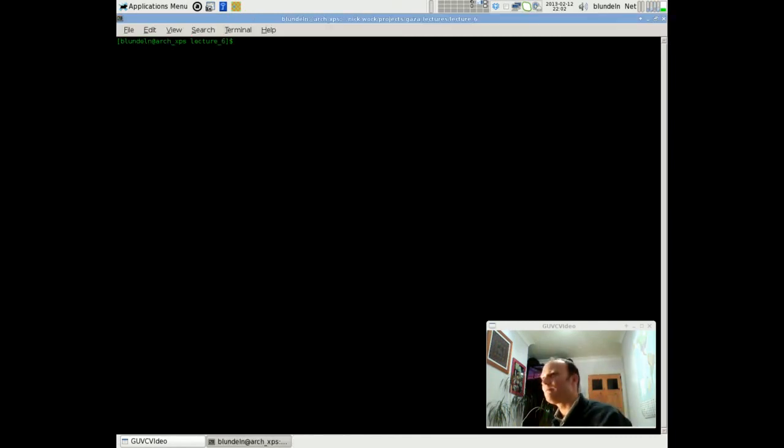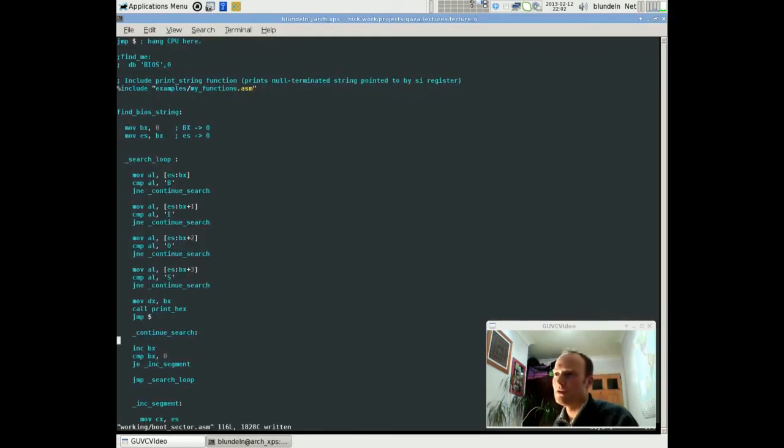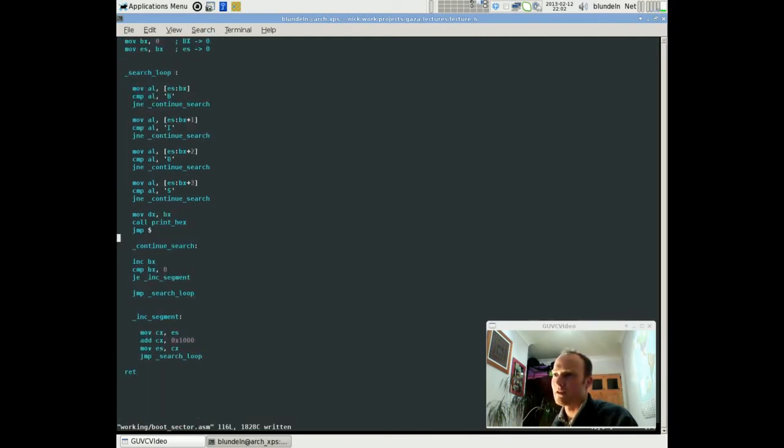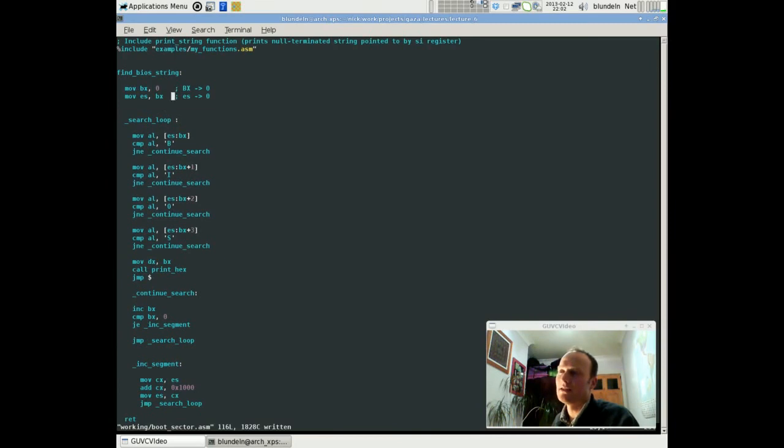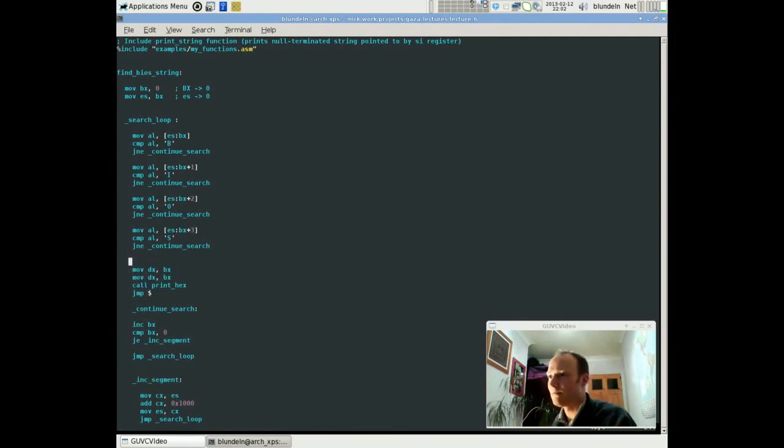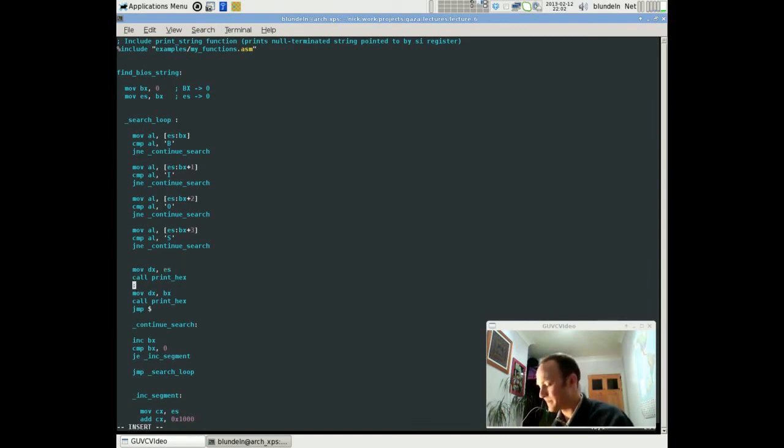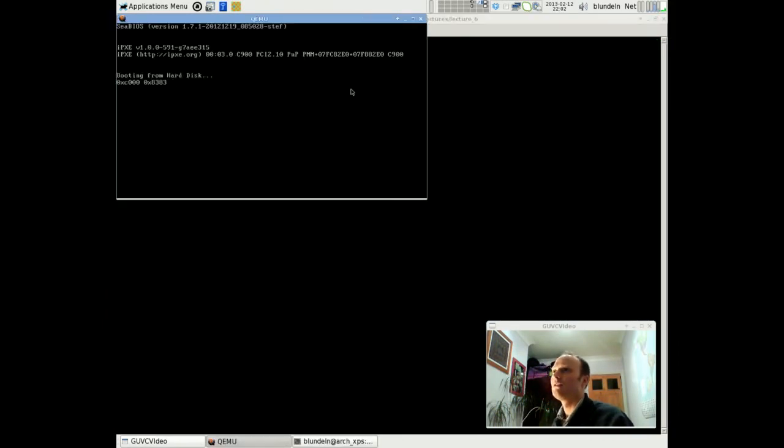Okay. Also what I want to do is not just print the BX register, the address in there, because I'm changing the segment registers too. So before I print the address that I found it at, I'm also going to print out the current value of this segment register ES. Okay, so what it's saying is that I set the segment register to C000, and when I'm searching through